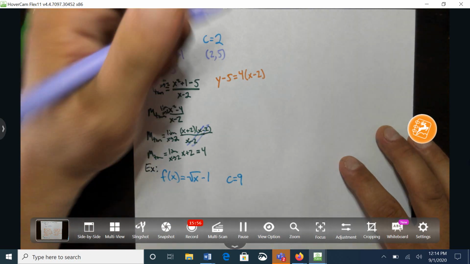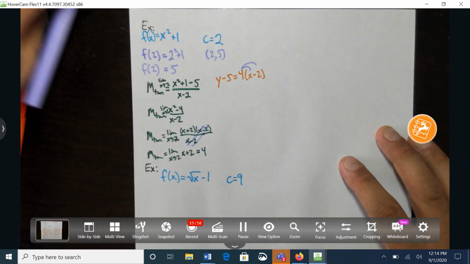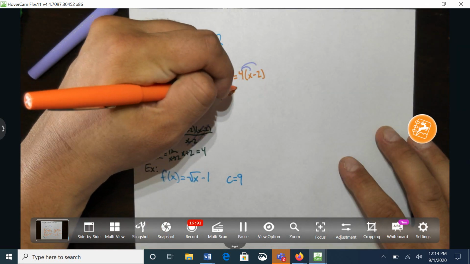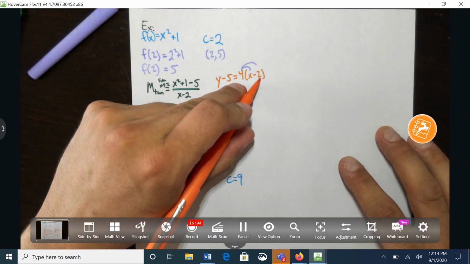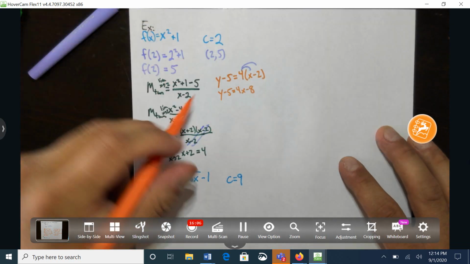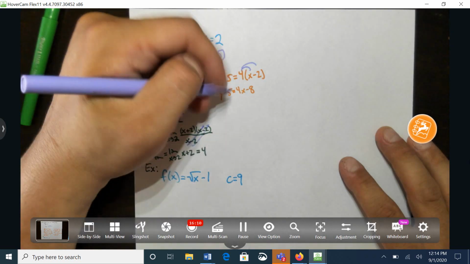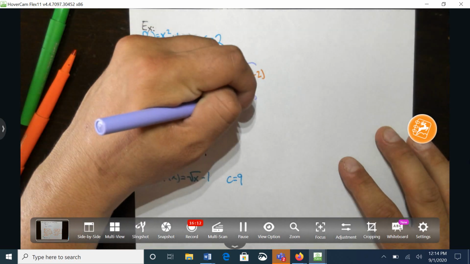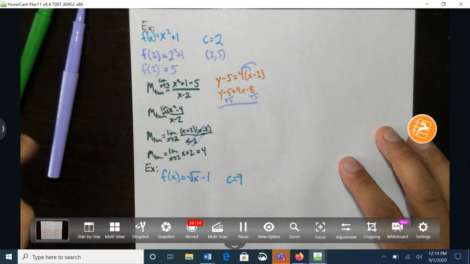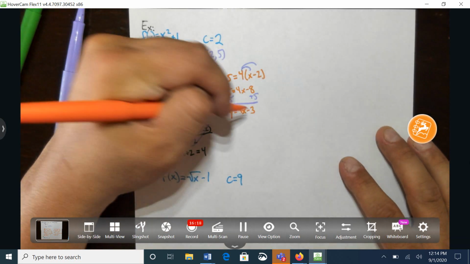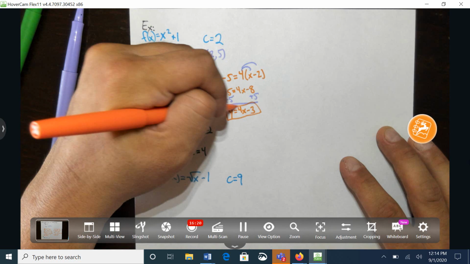So again, we're going to want to distribute this 4, our slope, so y minus 5 is equal to 4x, 4 times negative 2 is negative 8, and then add 5 to both sides. So y is equal to 4x minus 3. And so this is the equation of our,